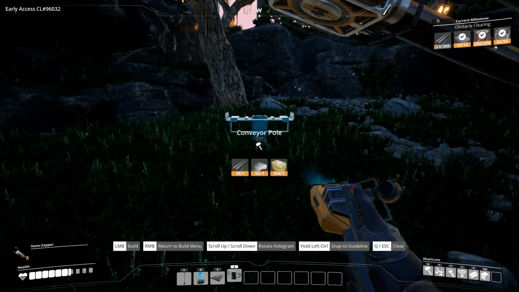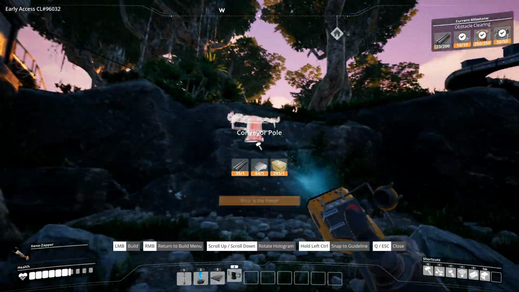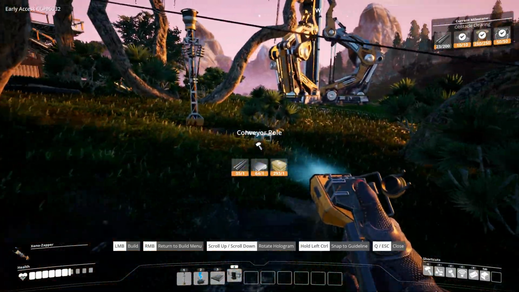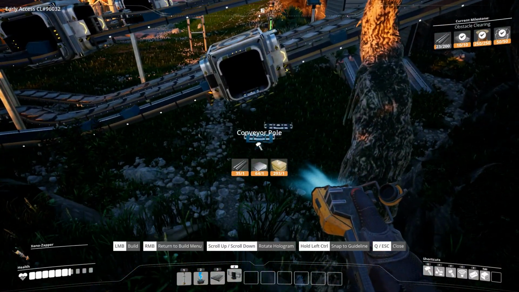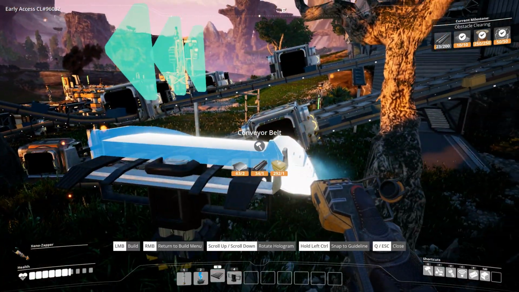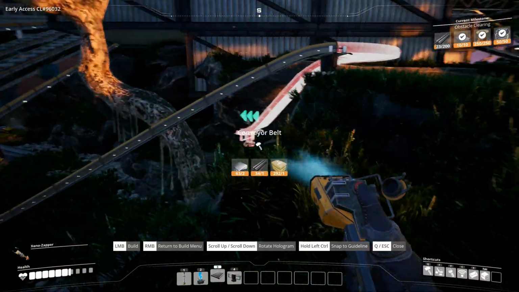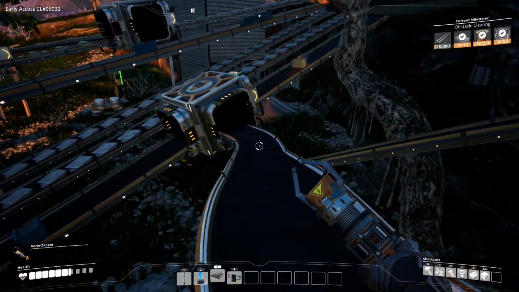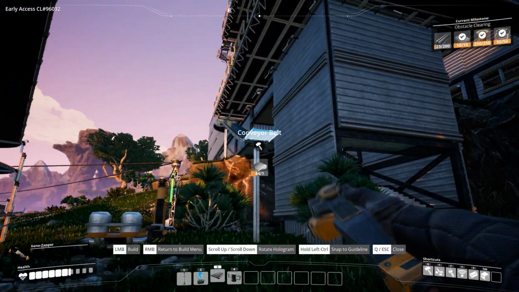Alright, so I would like to get a conveyor pole here. We need to get a conveyor pole up there. Let me just run around and get up there. Right, like so. This will go up to here. This will turn around. From here to there. Oh my god, that works. It's a very roundabout way of doing things, which is kind of weird, but...